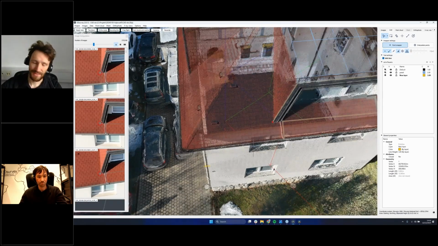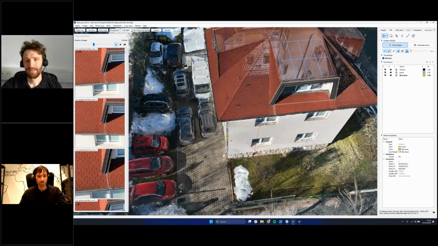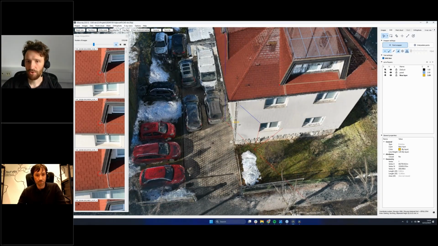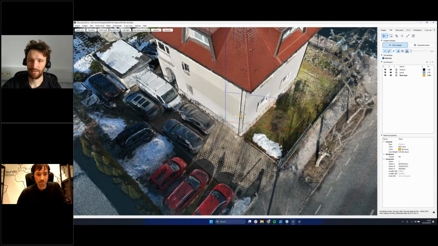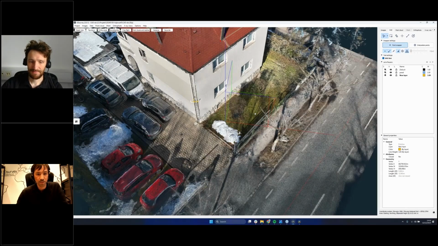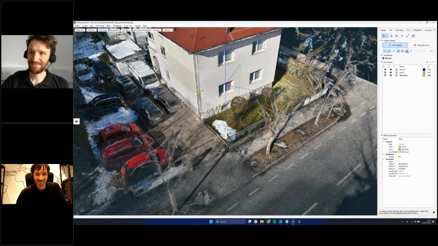That's really an advanced scenario, but I guess not many people knew about it or what it actually does. So just to let you know, maybe you sometimes get into a situation where you may need this one, and if you like to be super precise like surveyors are. Yeah. Okay, so